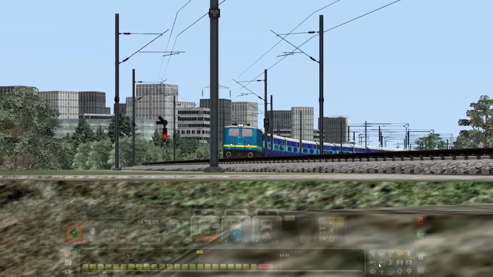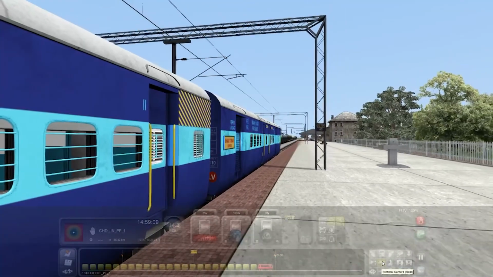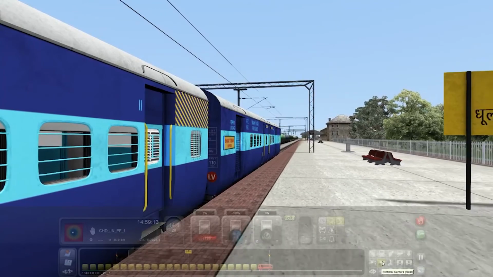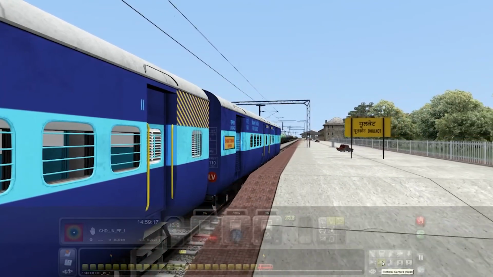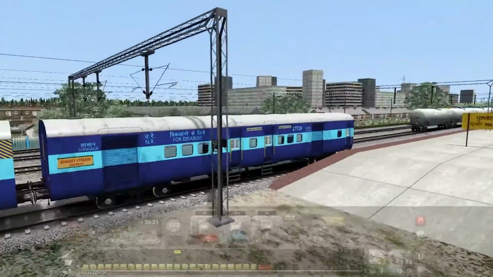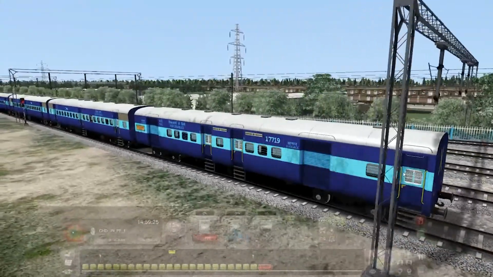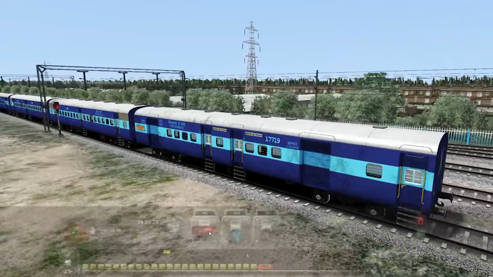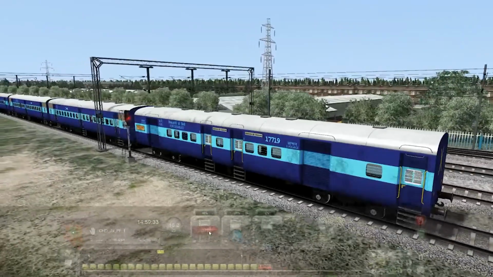Not necessarily a fan of that view. That's the back of the train, and the back of our train's still on the platform, which gives us a massive indication of just how long our train is. Look at that! That's massive, and I've slowed down, so that is, oh, that's massive. I can't ever remember